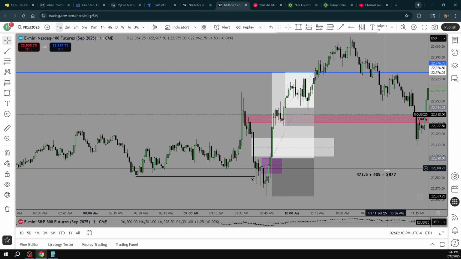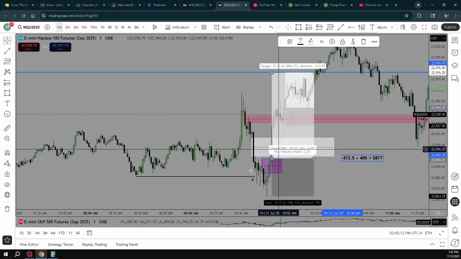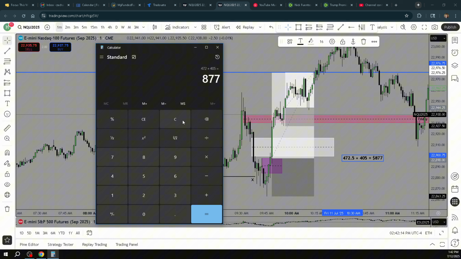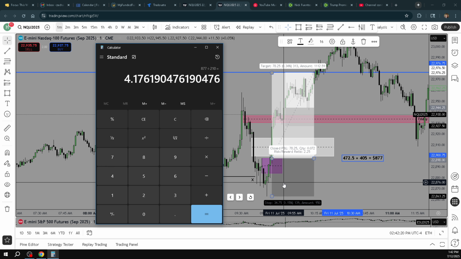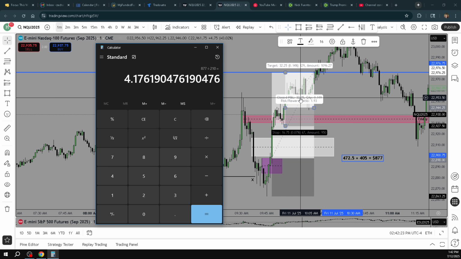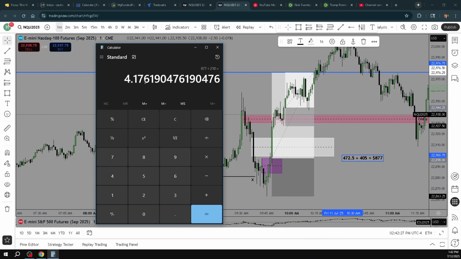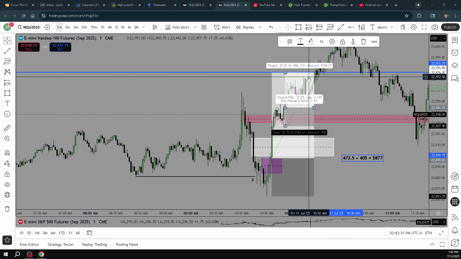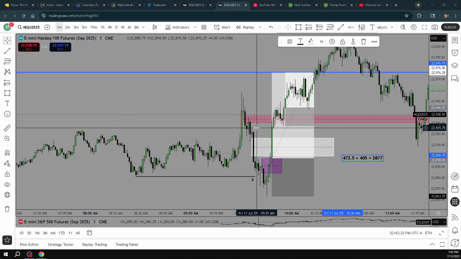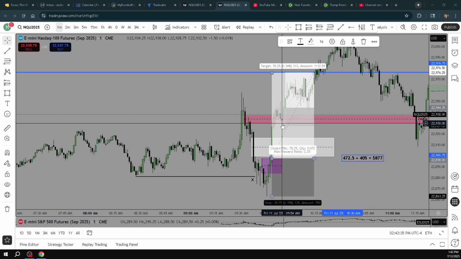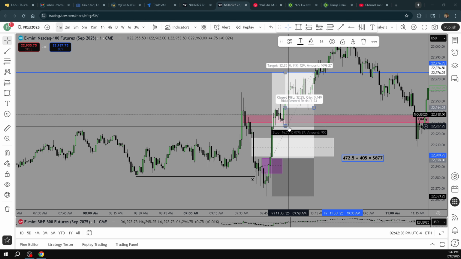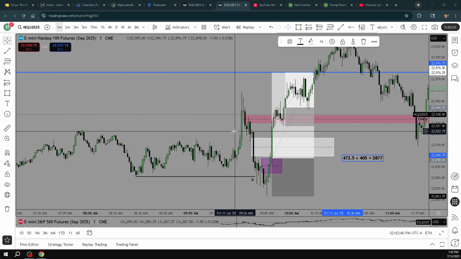And that's risking $210. So let's do the math on the risk to reward there. 877 divided by 210. So you turned a 2.2R trade and basically a 1.9R trade into a 4R trade, 4.2R. So one trade idea, because you think it's going up here anyway, so why not maximize your profits? You can get stopped out sometimes and take a small win or break even, but most of the time,